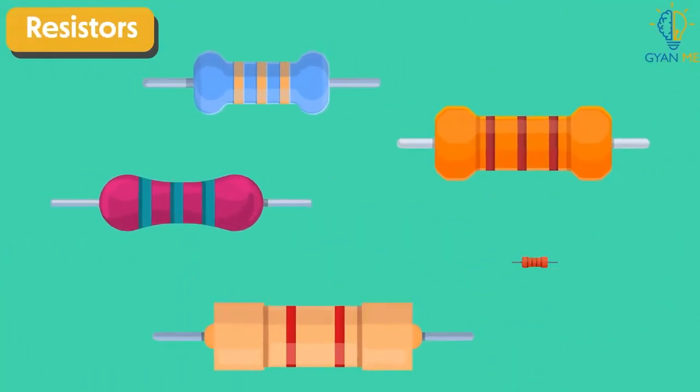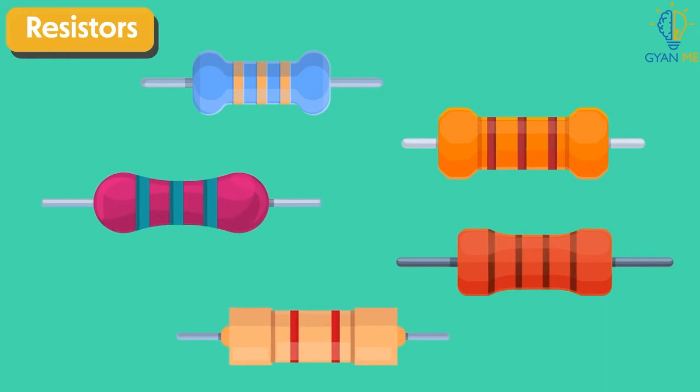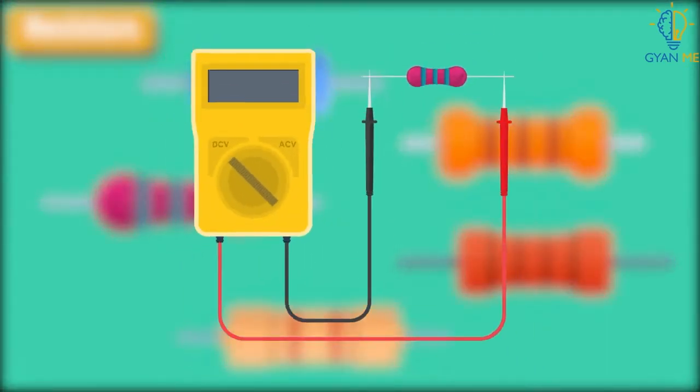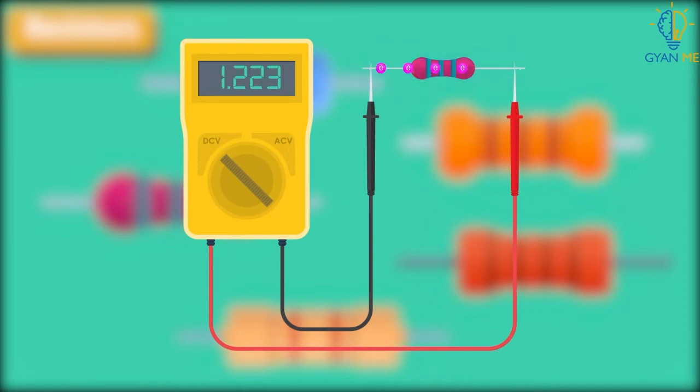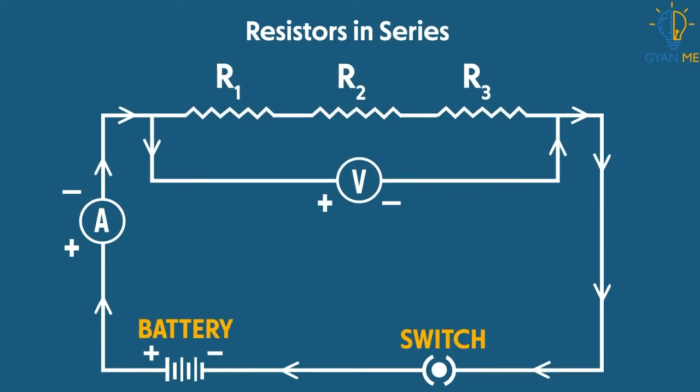For example, look at this device on the screen. This is a simple resistor. It has a property to resist the flow of current, and this property is called resistivity, which is measured in ohm meter. Students, today we will connect resistors in various combinations and see their effect on current and voltage through